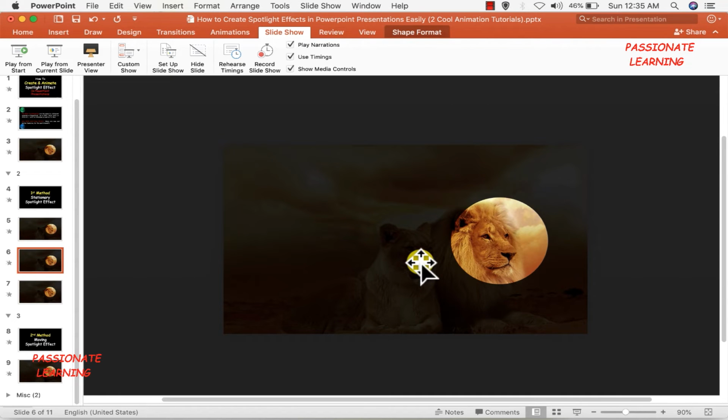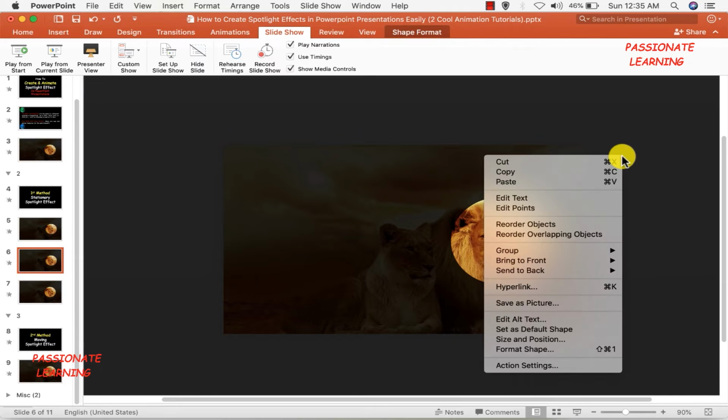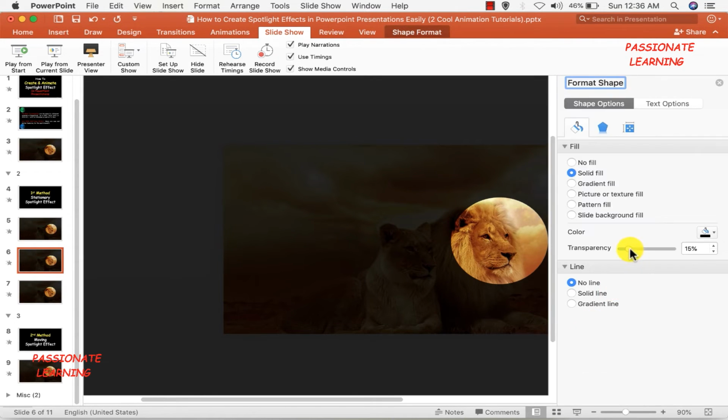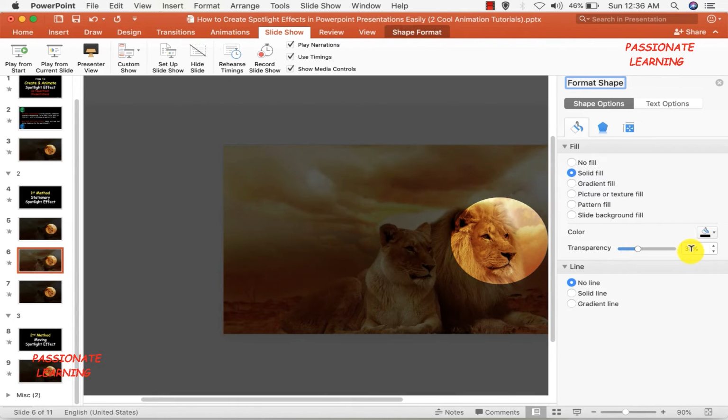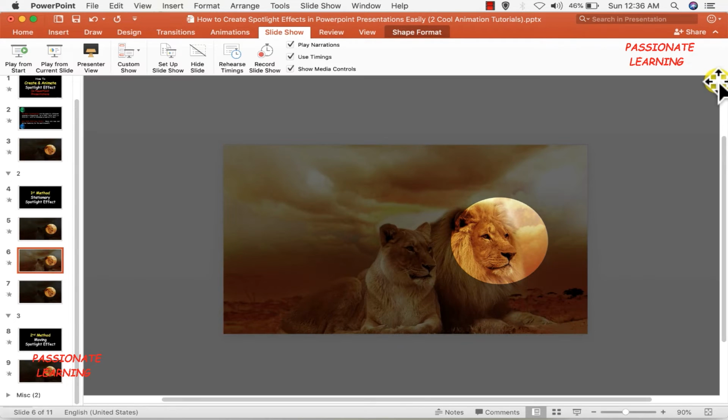Now for better understanding, let me increase the transparency of this rectangle. So let me do right click, come over here to format shape, to this option, and then I increase the transparency to, let us say, 40%. And then I close this. Now, in order to bring this particular spotlight from this portion to this portion, I need to add a particular animation of a custom motion path.